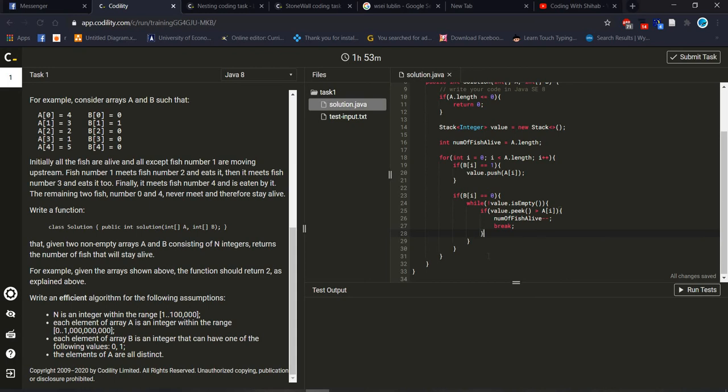If it will be like this, then it should be like this way, and otherwise you'll see value dot peek. If it will be like this, then also it should reduce the fish number.